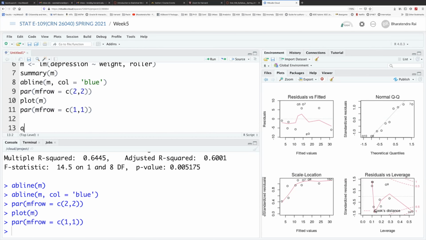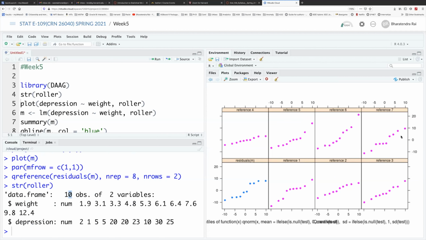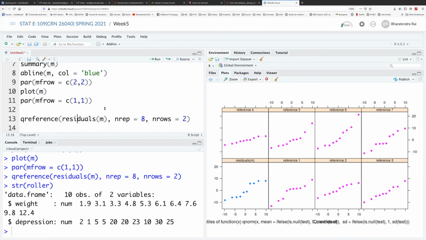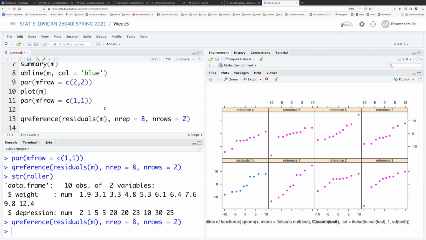We have 10. So other ones are also with 10 data points, selected randomly from a normal distribution. So you can see, although this is straight, this seems to have a curve, but still this is coming from a normal distribution. So there's no reason to believe that this is not normal. Every time you run it, the pattern will change because it will randomly get data from a normal distribution and present some